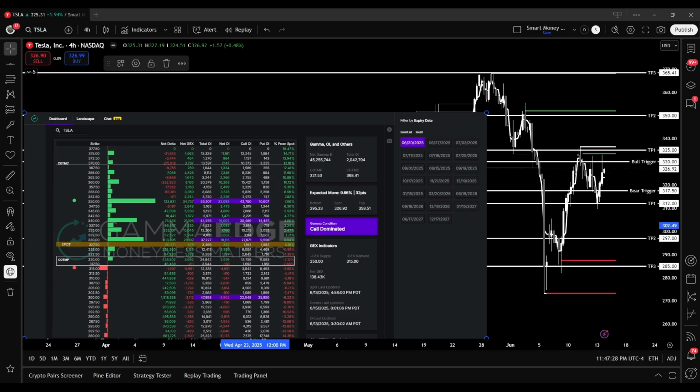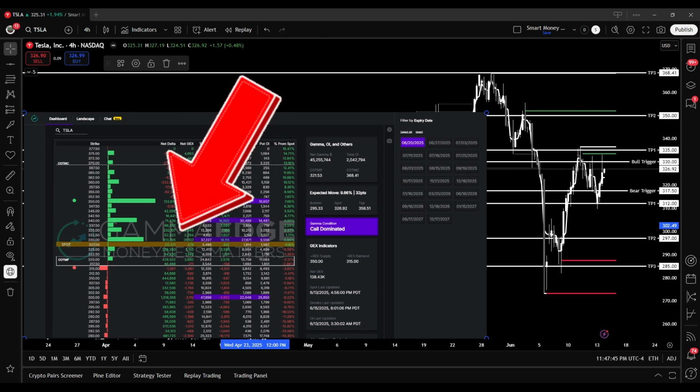Shown on the chart now, we got the Gamma Edge web app pulled up, which is going to show us all of our options data. You can clearly see above 320.30 dealer long gamma really kicks in. We also have lots of positive delta in. And then also below